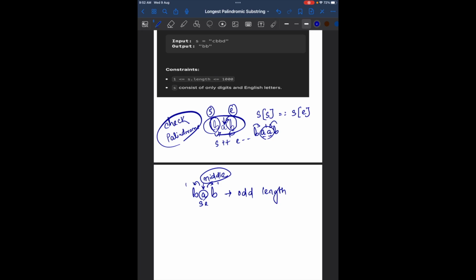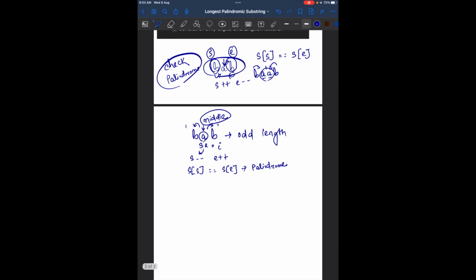In case of odd length we are discussing, suppose I, if this matches, then we can go to S minus minus and E plus plus, and compare again. If S of S equals S of E, then it's a palindrome. We'll keep on checking till we have S of S equal to S of E,